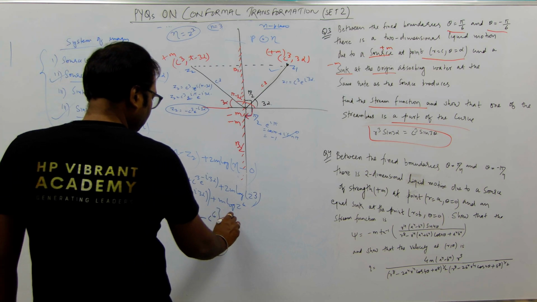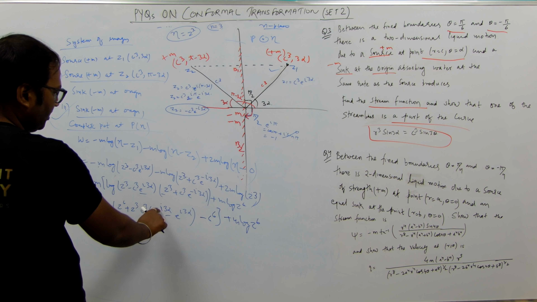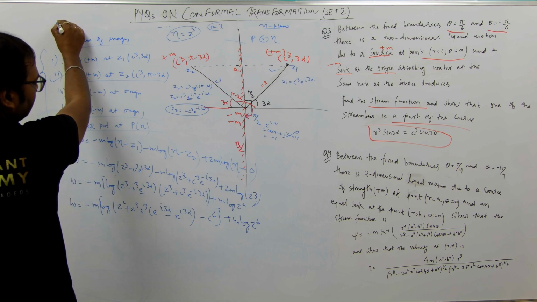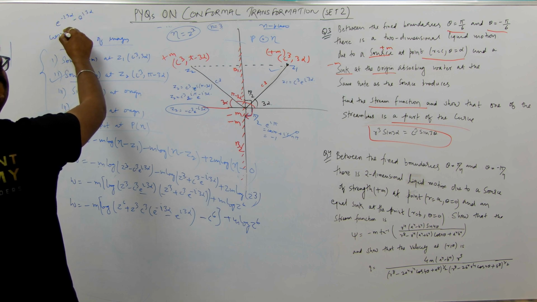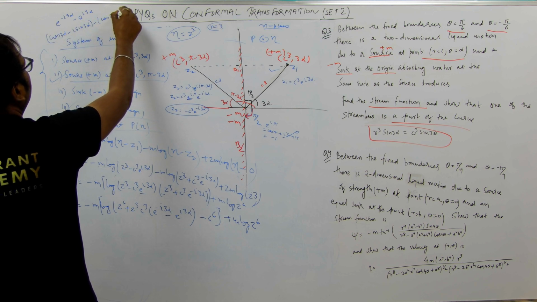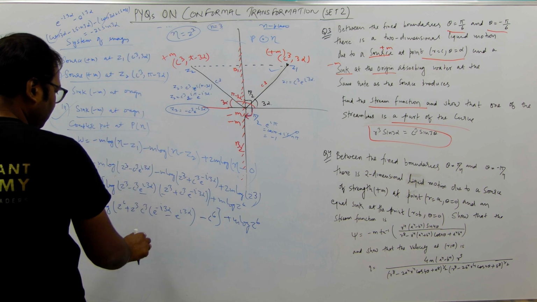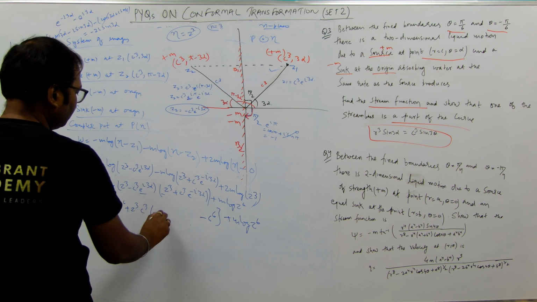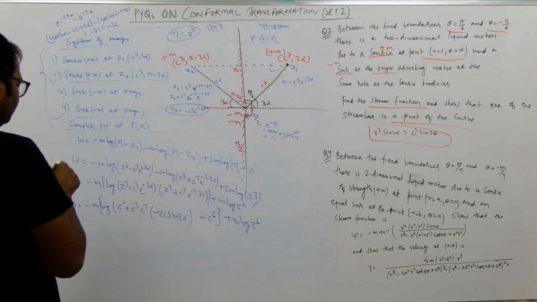ठीक है, + m log z⁶, ठीक है। अब देखो ये क्या होगा, e^{−i3α} और −e^{i3α}, तो ये हो जाएगा cos 3α − i sin 3α, माइनस cos 3α + i sin 3α, तो ये कैंसिल हो जाएगा, तो ये हो जाएगा −2i sin 3α, ठीक है। लेट अस फर्दर सिंप्लीफाई दिस।